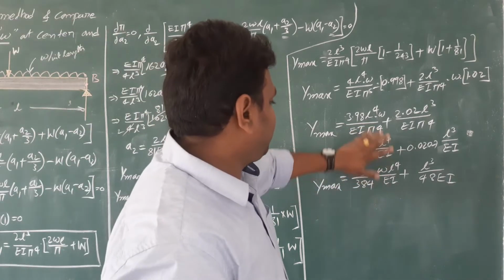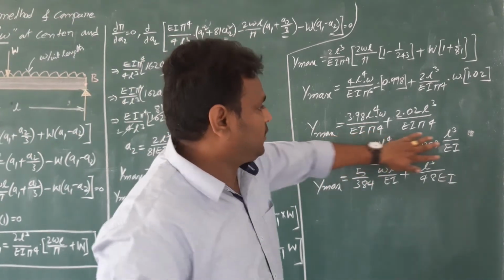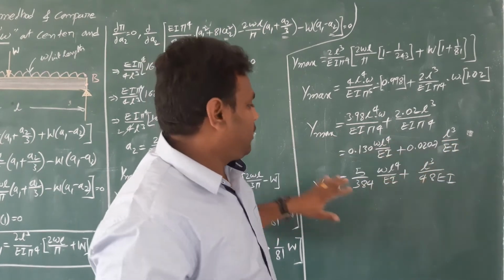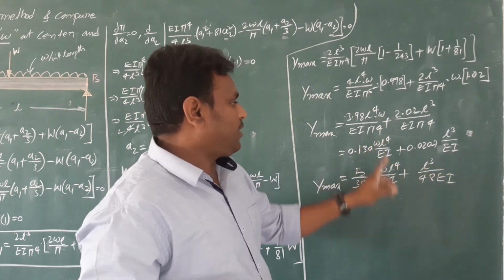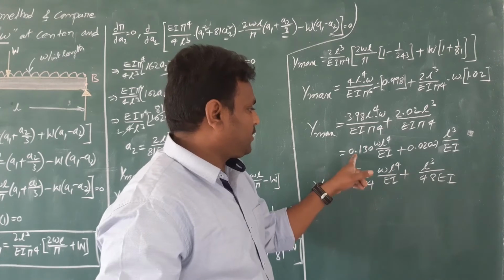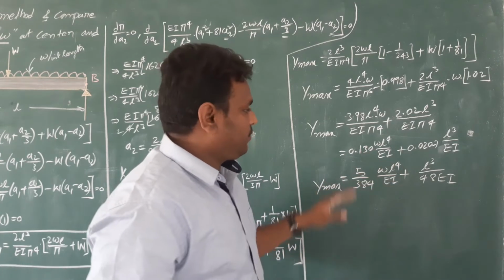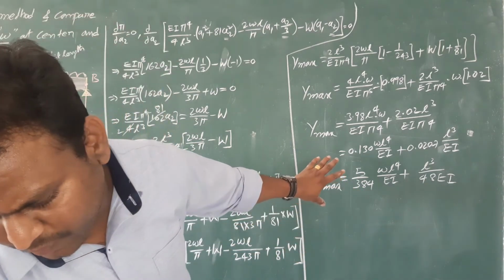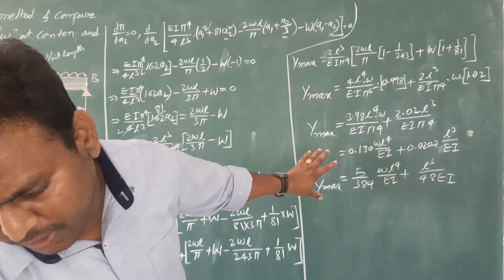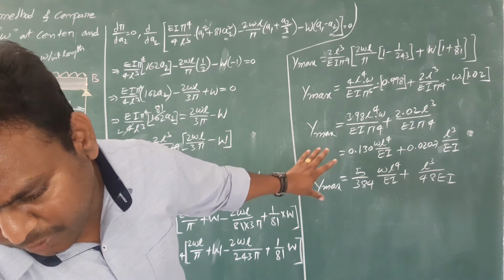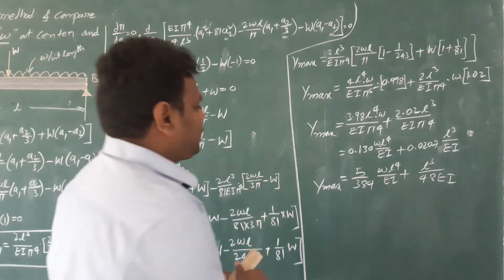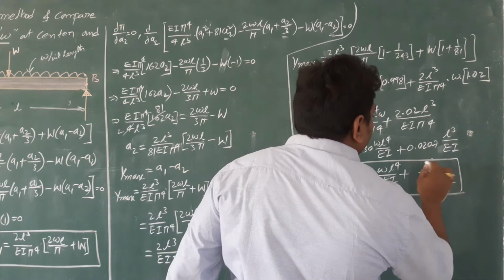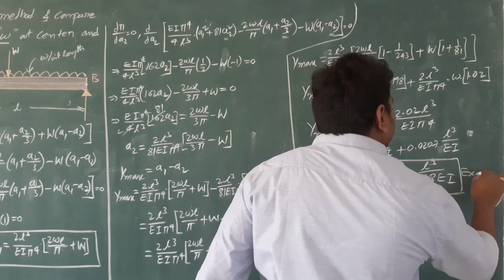This is the equation. Through the Rayleigh-Ritz method we got this relation. This is the exact solution. Okay, so both are same. 5 by 384 is exactly 0.130. So this is the total deflection. From equation 12, we know that the exact solution and the solution obtained by using the Rayleigh-Ritz method are same. This is the exact solution from mechanics of solids.